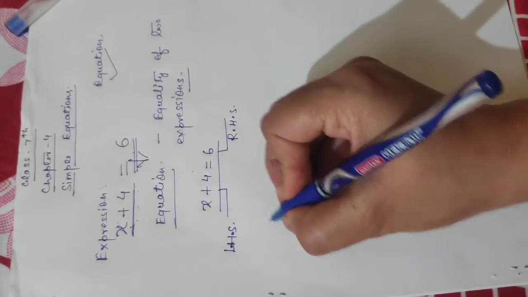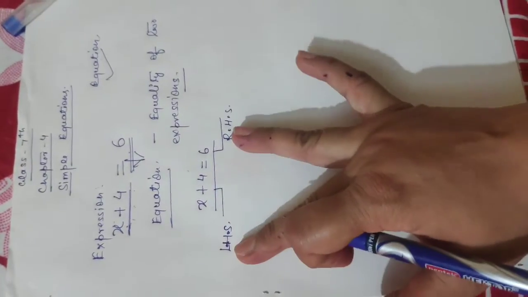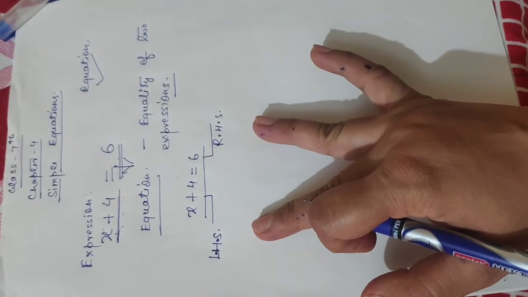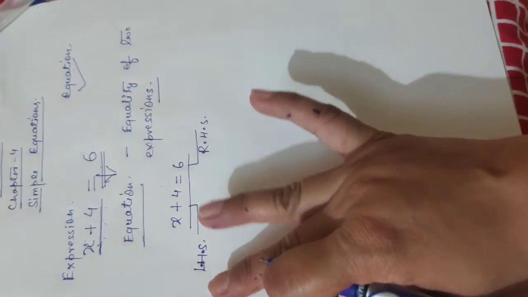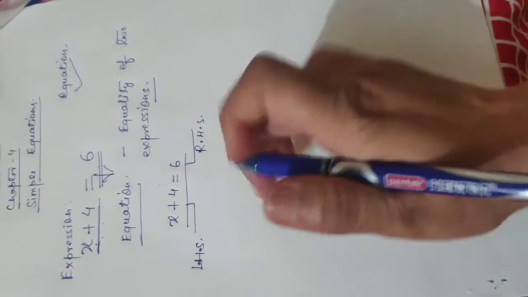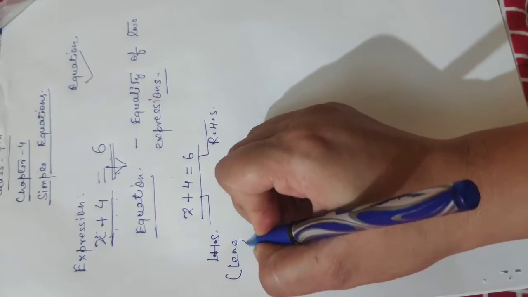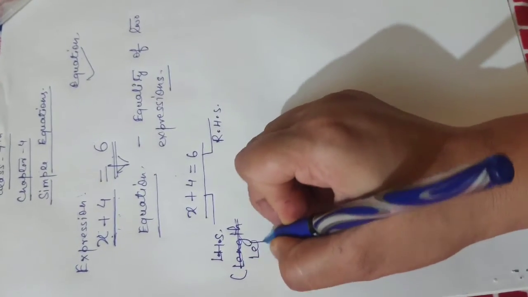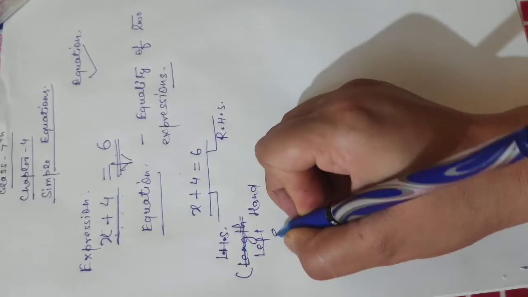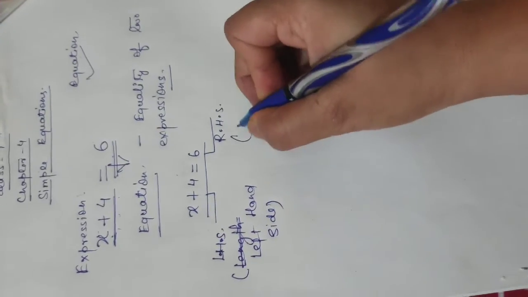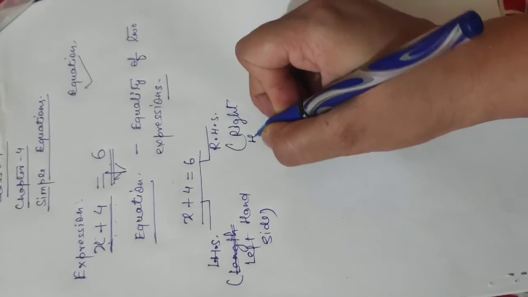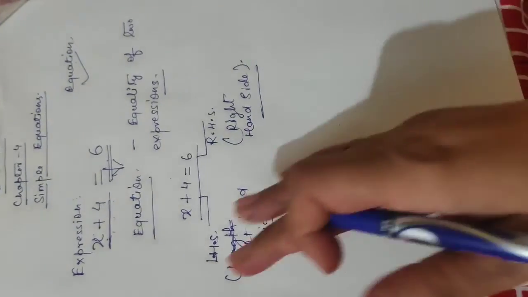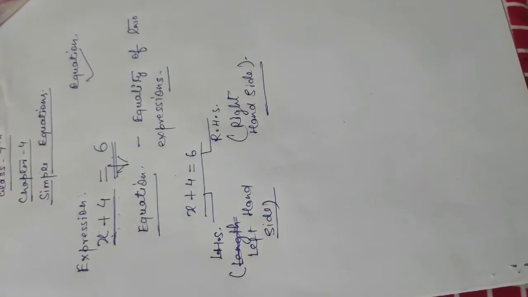Fine. So if we are solving an equation, these two sides are very important to see carefully. That's why we are explaining all these things here, that what is the meaning of LHS and RHS. So don't get confused. If you may forget, you can write this is left hand side, and this is right hand side. Simply these two sides you have to observe, and then collectively you will solve the equation.